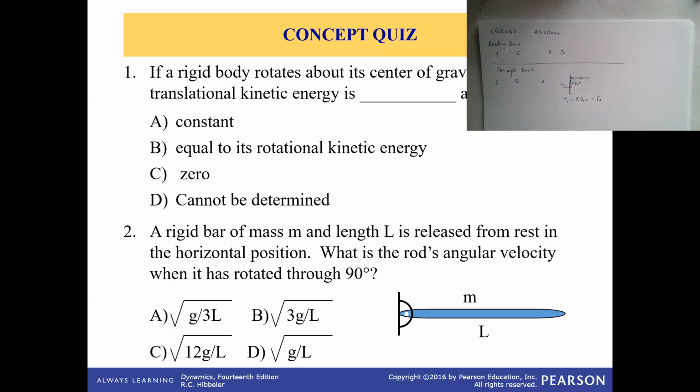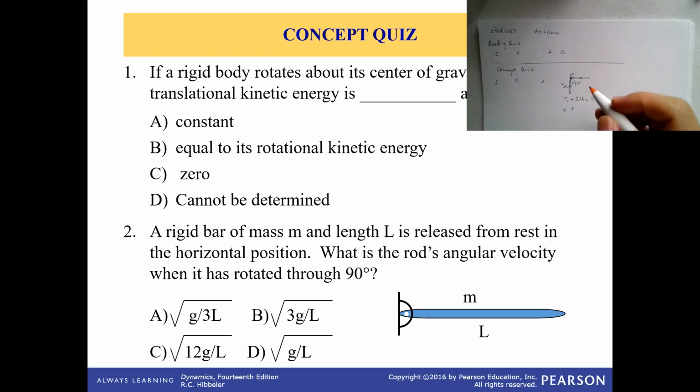If we take the axis of rotation to be at this point, then we only have to consider the rotational kinetic energy about the axis going through this point. Let's call that point O. Initially the rod is over here, released from rest, so the initial kinetic energy should be zero, plus the work done by